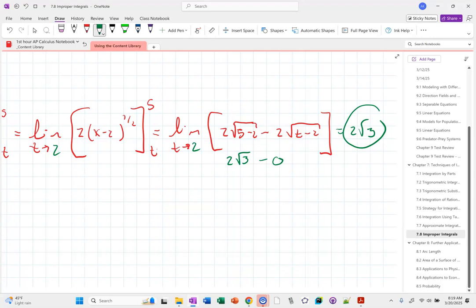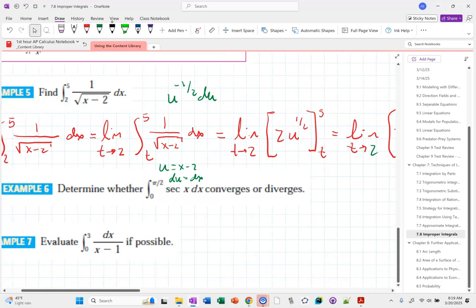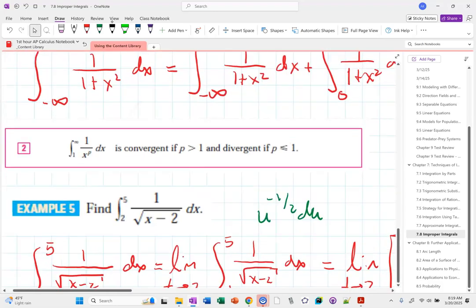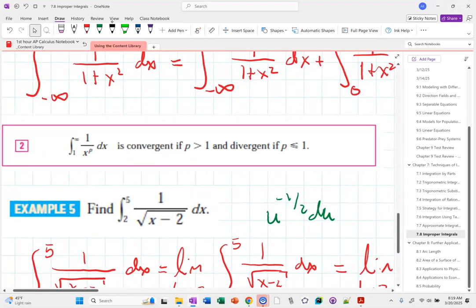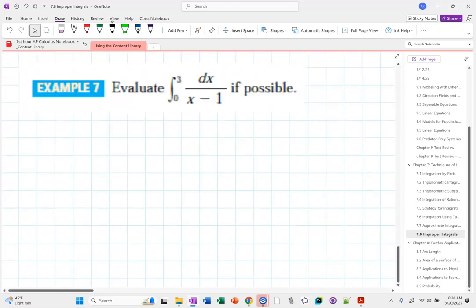Okay. I want to point out a couple of shortcuts now. The first shortcut I just cruised past and didn't talk about. If I have the integral from 1 to infinity of 1 over x to the p dx, that integral is going to be convergent if that p, the exponent in the denominator, is greater than 1, and divergent otherwise. You say, okay, that's great. How is that helpful? Well,